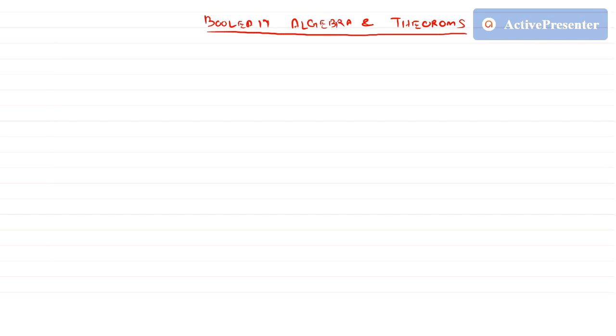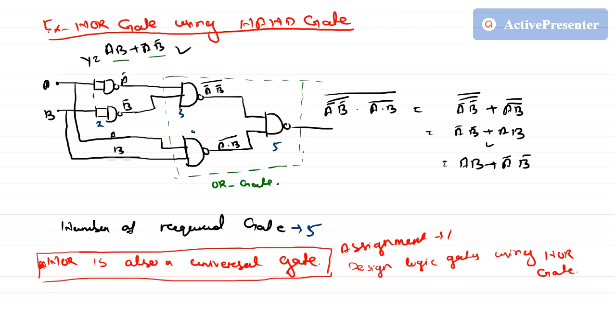Before going into Boolean algebra, let us know what Boolean algebra is and why we are studying this. Boolean algebra covers all the logical operations happening in AND gates, NAND gates, NOR gates, and so on. It has some properties. For example, in designing the XOR gate I have used De Morgan's theorem in many places. Here De Morgan's theorem is used, here also.